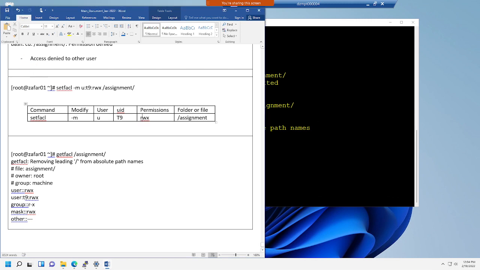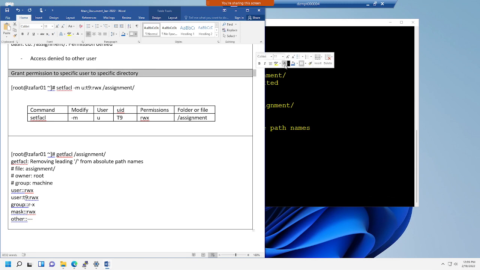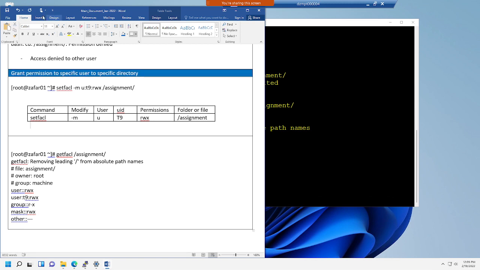I'm gonna put this here. Grant permission to a specific user. Grant permission to a specific user to a specific folder. Let's do a directory. Okay, so